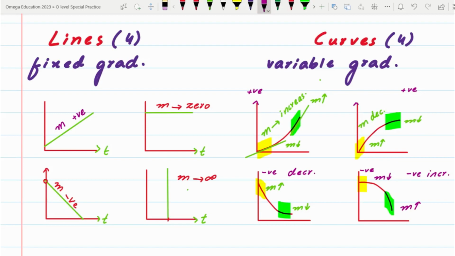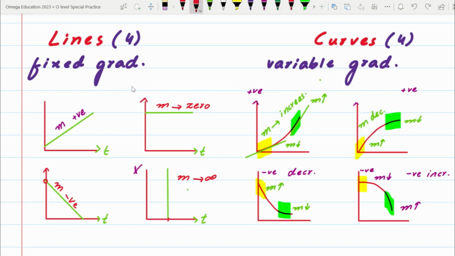All right, now the most important part. Whatever I have told you for the gradient, if we have all of these graphs, let's say 8 of these graphs we have, or if you want to skip this one, you can, and we'll be left with 7 shapes. For all 7 shapes, if we have